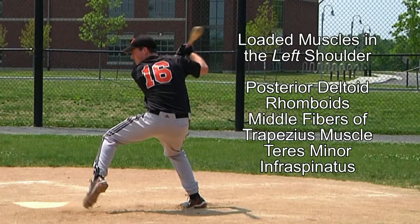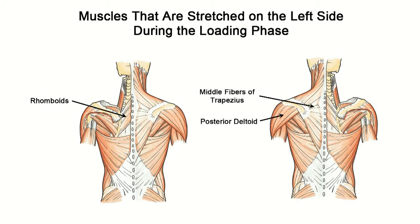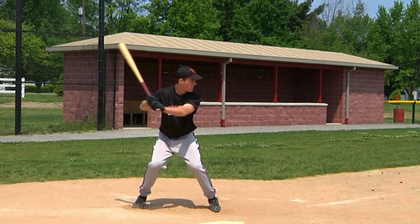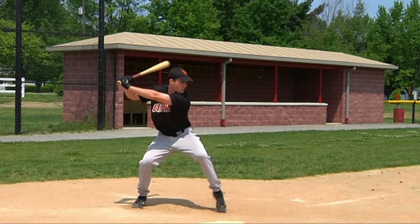All of these muscles are now fully loaded or stretched and ready to swing forward in this position and can be seen in more detail in this image. Here are the posterior deltoid, rhomboids, middle fibers of the trapezius, teres minor, and infraspinatus muscles. Now let's take a look at the back arm or the right arm. The movement of the back arm away from the pitcher and laterally raised away from the player's body is known